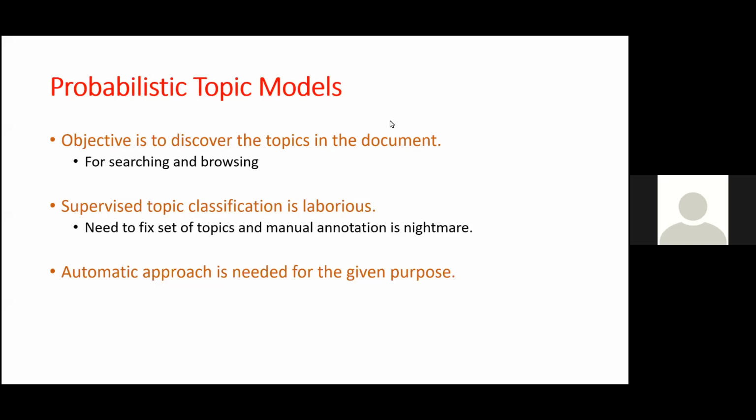And this automatic approach will find out how many topics are available in the documents. Right. As I said, there are so many models available, but one of the models is Latent Dirichlet allocation. And here the key assumption is that a document is a distribution of a